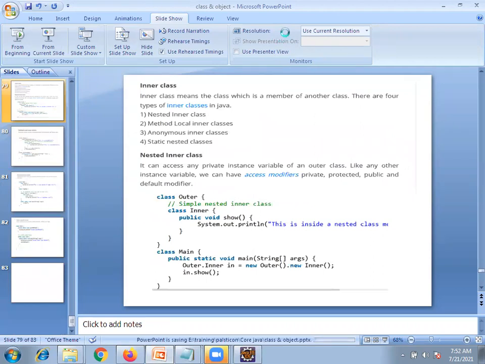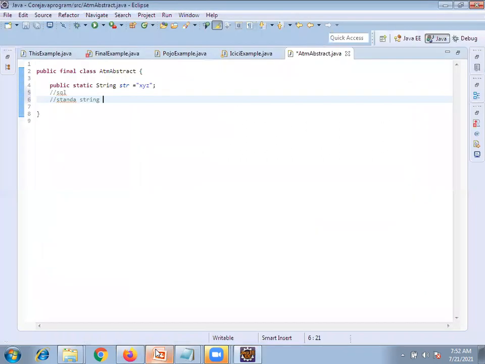Got it? Yes, sir. Just go through it and try to understand the concepts more. Try to spend at least 1 or 2 hours, and then try to learn it. So what I am saying is